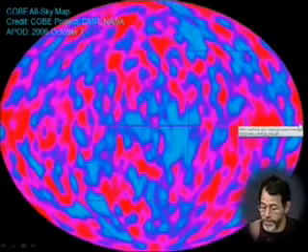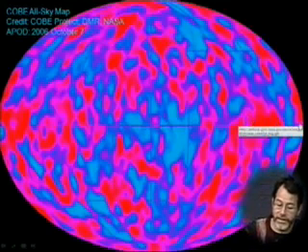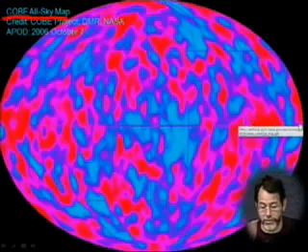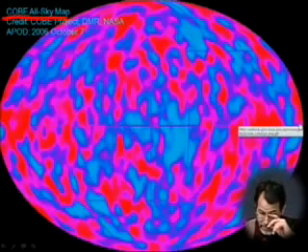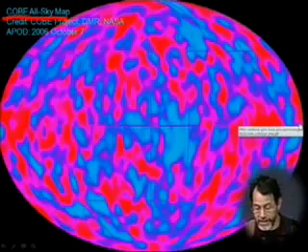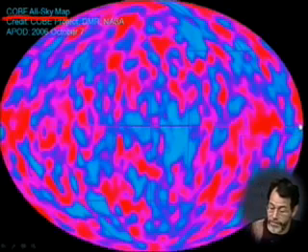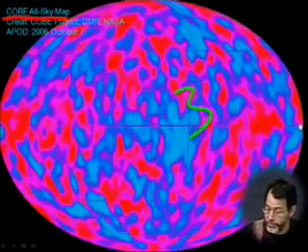So this is the microwave background that's been mentioned. This was taken by the COBE satellite, the Cosmic Background Explorer. Even though the APOD is from 2006, I believe this is about a decade old or more. And here we see a background that is false colored. It's roughly 3 degrees Kelvin,